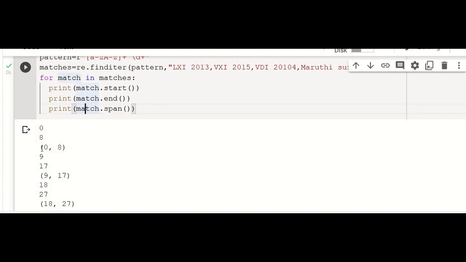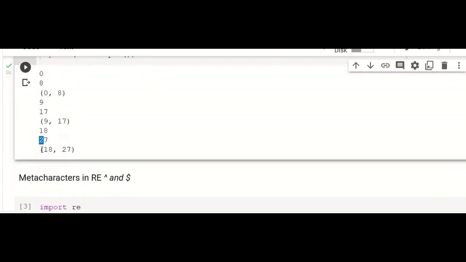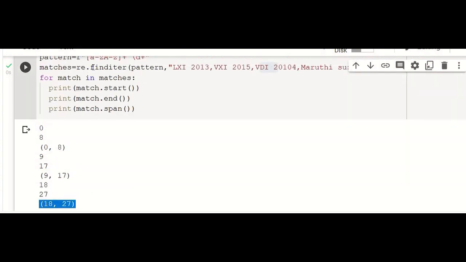And the span function is used to return a tuple which contains both the starting and ending position of the corresponding match. Then the next iteration is executed. Now we have the second match, VXI 2015. So what is the first position? The 9th position, and the 17th position is the end index of this match, with the corresponding span. And again the third match starts at the 18th position and ends at the 27th position, and the span function will return both the results as a single tuple. This is how finditer will